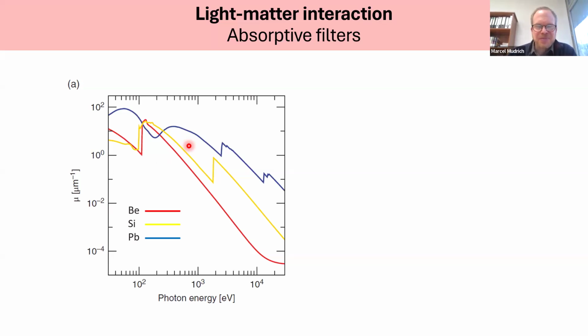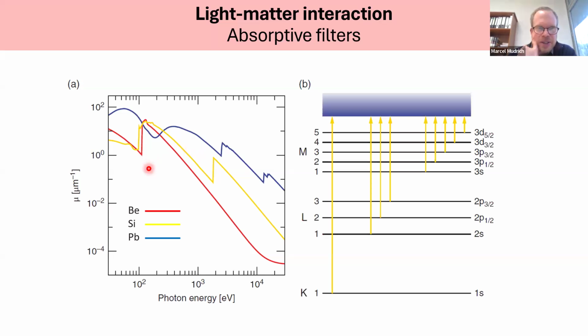And you were right, these are absorption edges, but can you just explain in a few more words what's happening there? Basically, we are exciting core levels for different materials at different photon energy. Yeah, I mean, you're saying we are exciting. I mean, we're actually ionizing, right? Yes. But yes, we are ionizing out of different